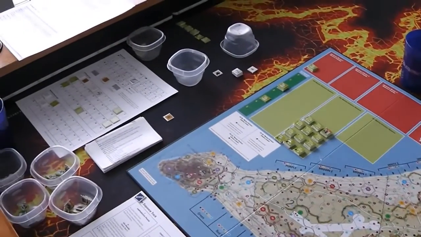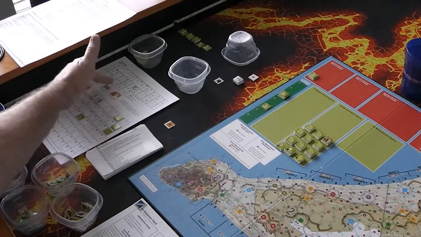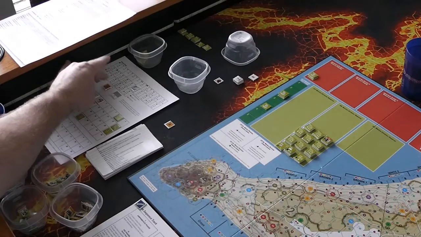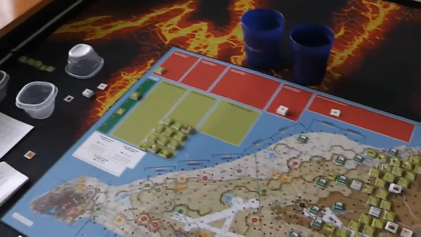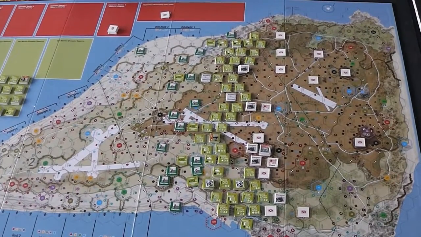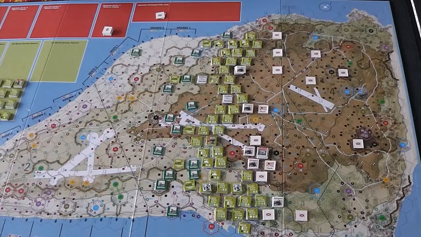That's basically because in the morning phase, I had forgotten to move my marker to the morning. And so, anyway, I'm on the midday phase right now. So there will be no HQ, there will be no amphibious landing. So we're going to skip straight to the first event phase,